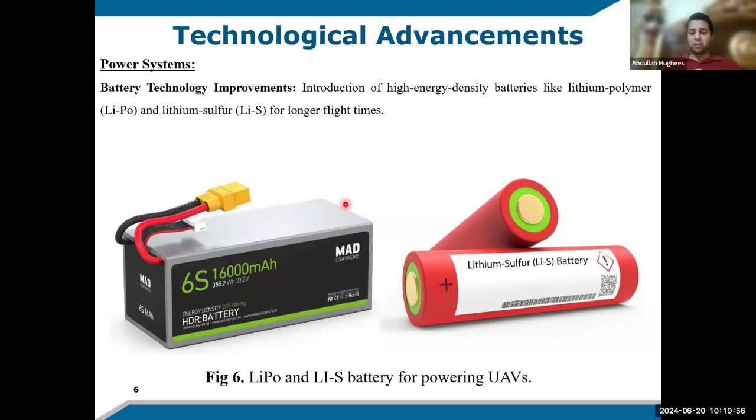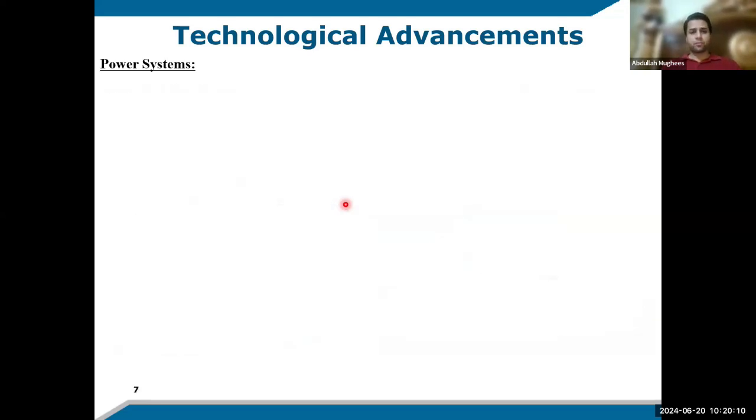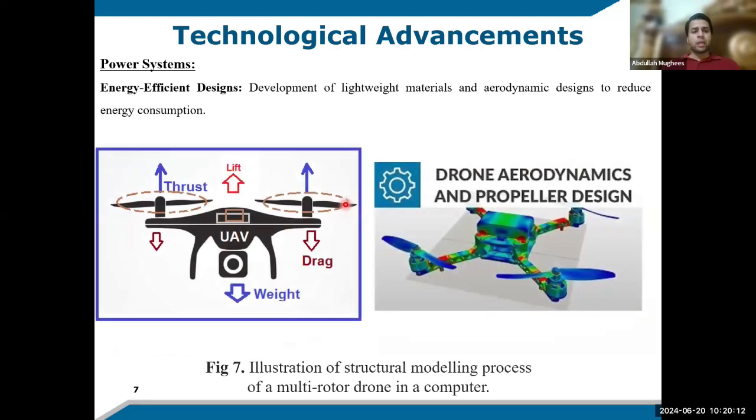Since they consume a lot of power, we cannot say that small drones can work on solar panels, because a basic energy source is not good enough for them. So moving on,